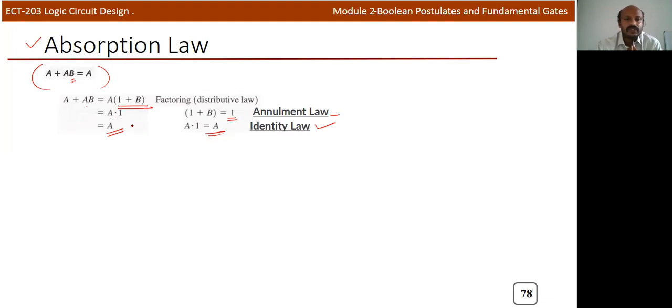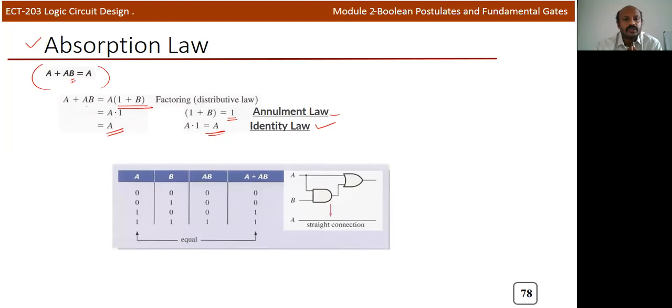In this way, we can prove this, and by using the truth table also we can prove this. Write A and B and AB, and finally A plus AB. You can see that it is equal to A. So I can reduce the two gates, an AND gate and an OR gate, by using a simple straight line. So we don't want to evaluate this by using some gates. Directly you can evaluate the result by using A. This absorption law is very important. We can reduce the number of gates if you know this absorption law. If you take any theorem, we can prove in two ways, by using Boolean concept or by using the truth table.